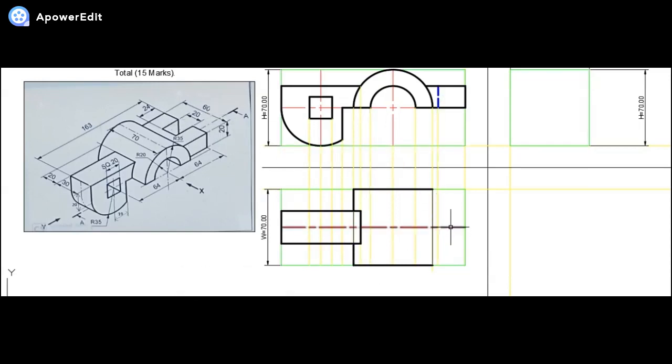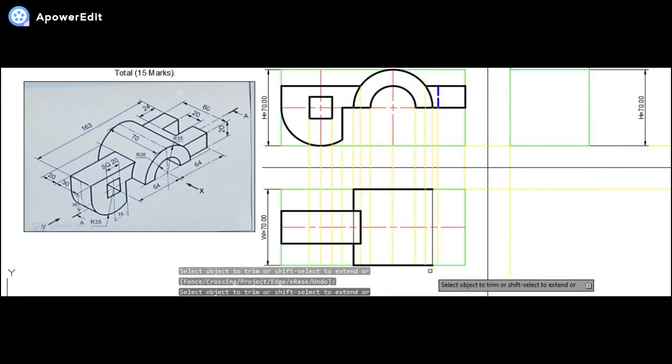So how do I draw that? Even over here I'll be drawing a dark line, not actually up till here. It will be from the projection line. Again one projection line was missed out, that is this one. So I'll simply trim out the extended part.